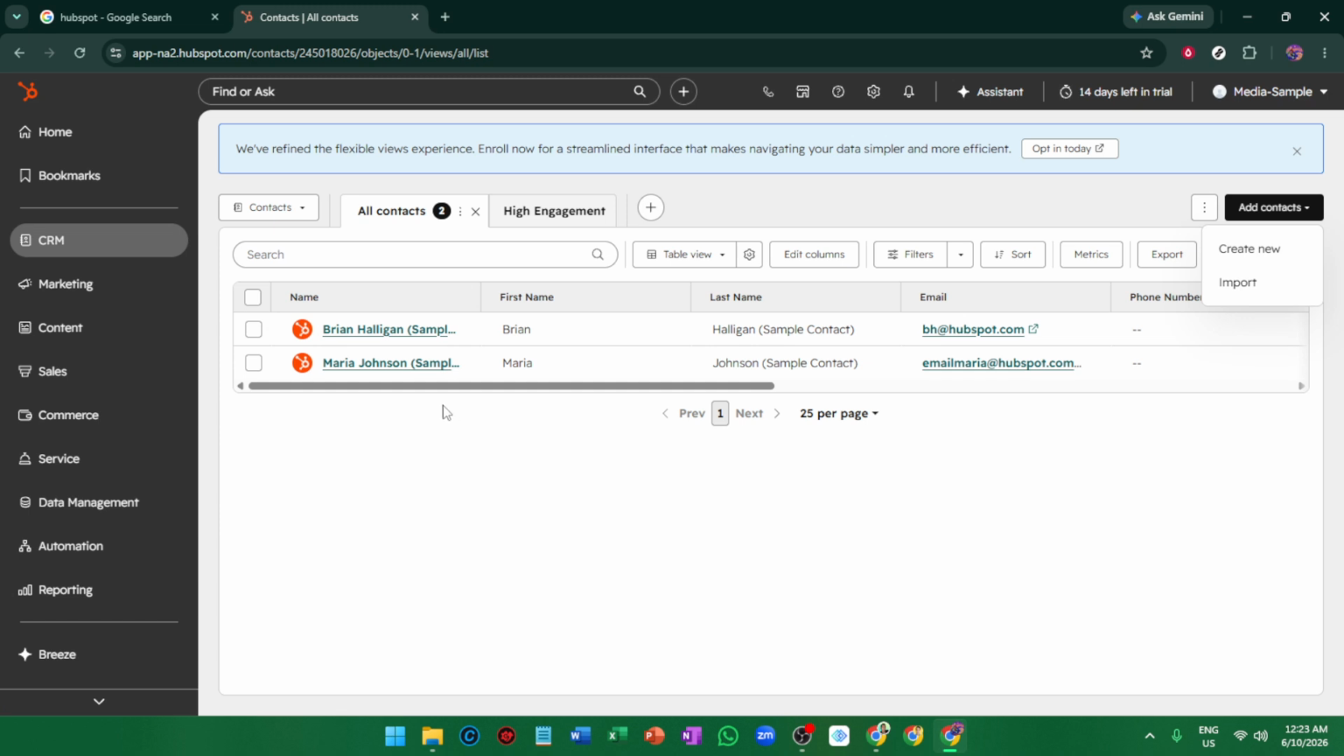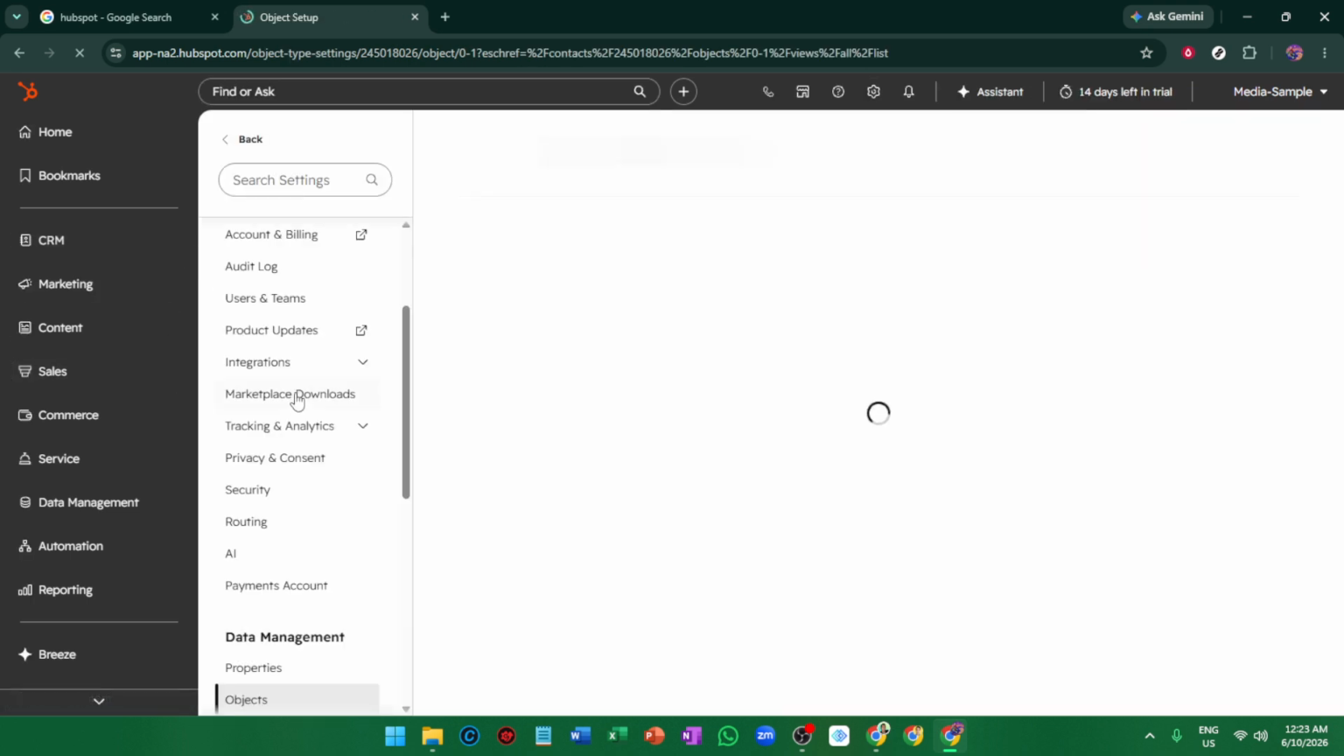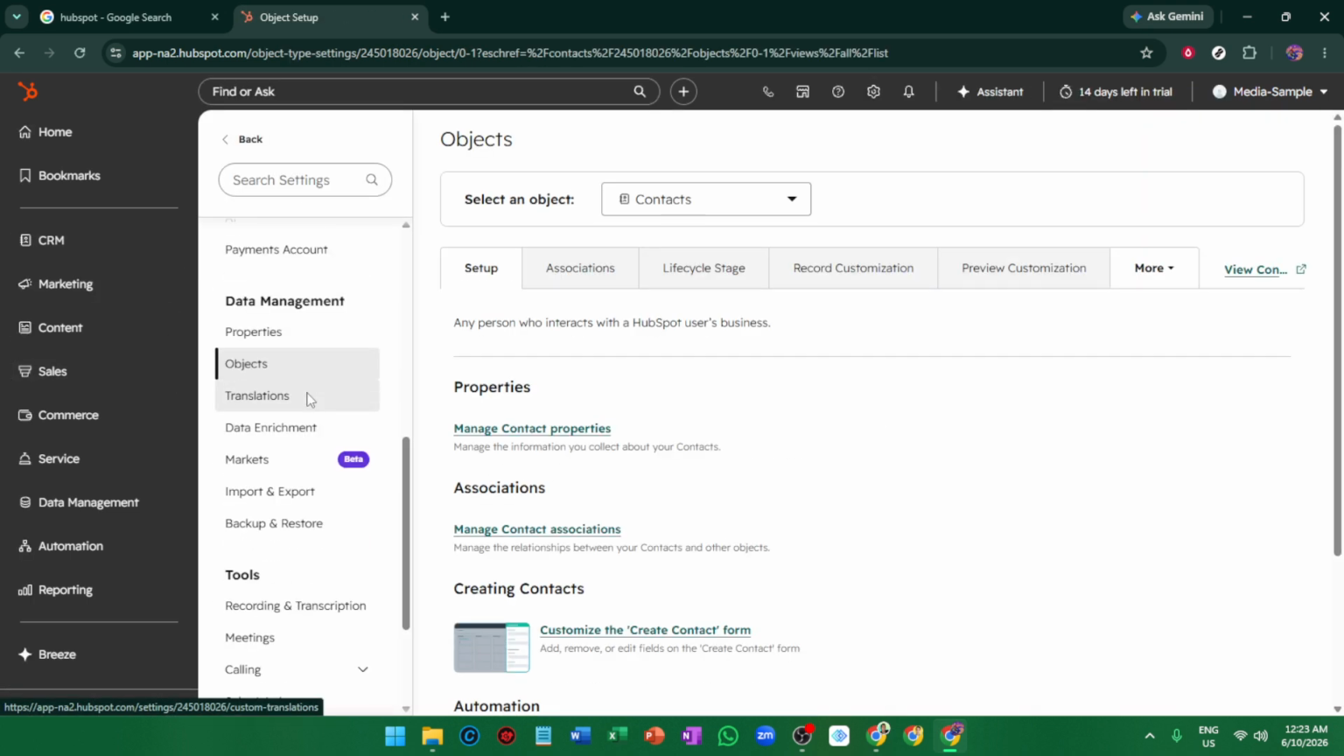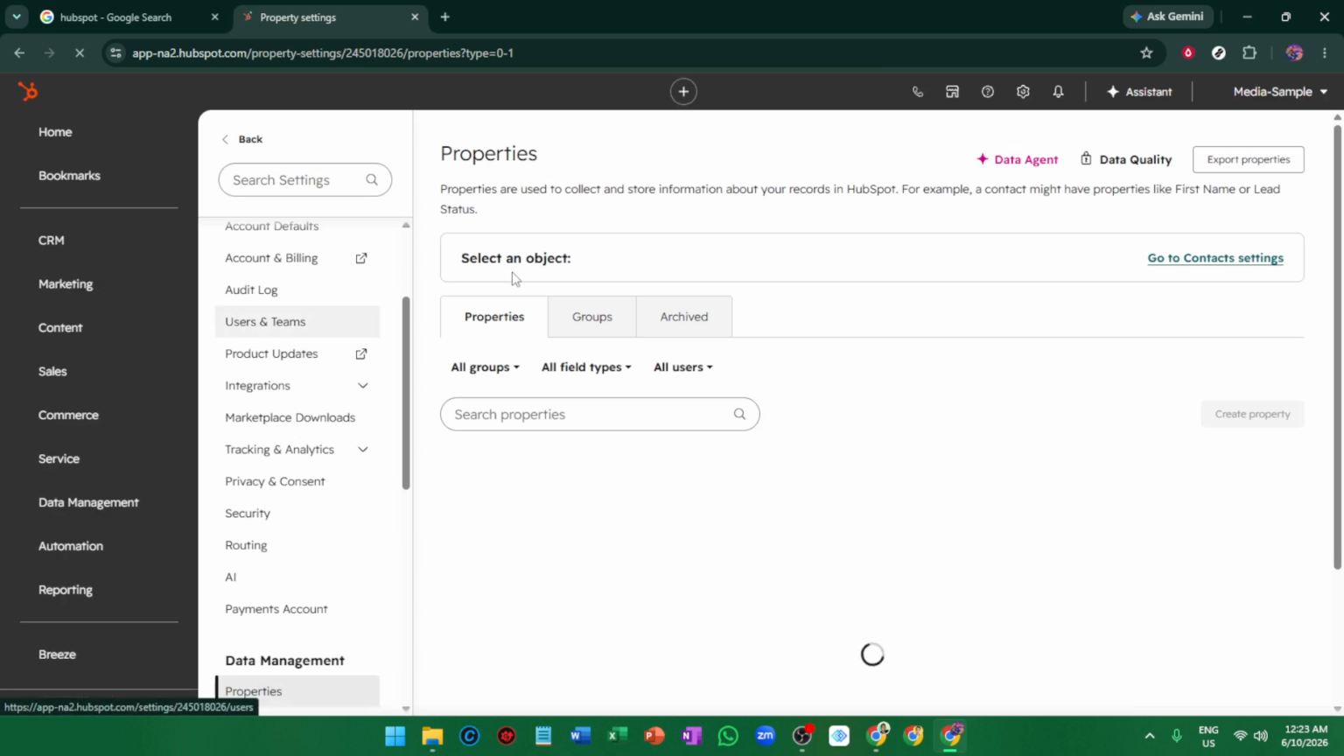After that, go into Settings, select Properties, and create custom properties for deals and contacts. This is especially useful in real estate because you may want to track details that don't exist in a default CRM setup. Custom properties let you capture the specific information your team needs in order to qualify leads and manage